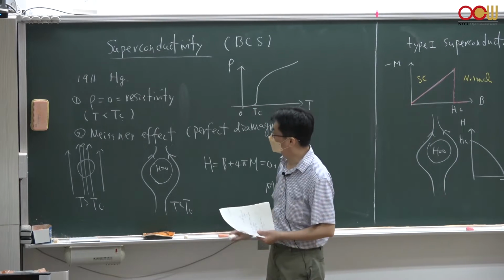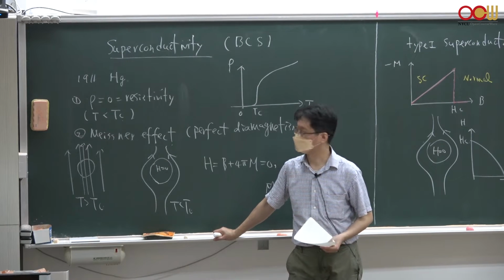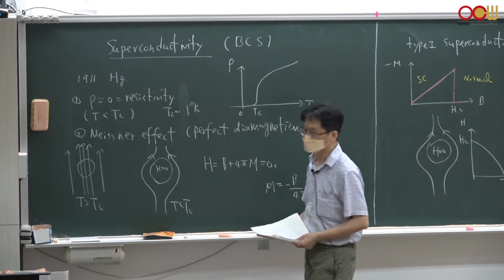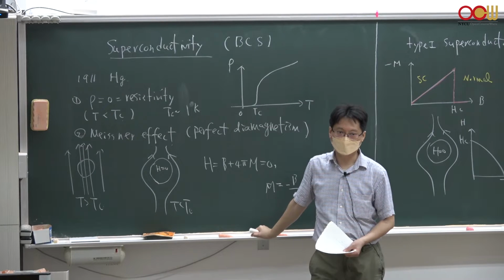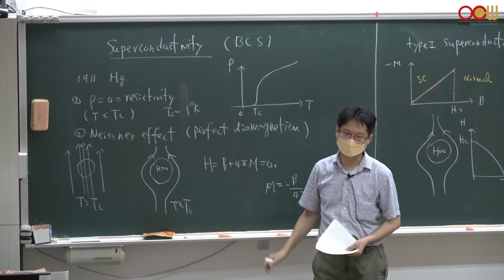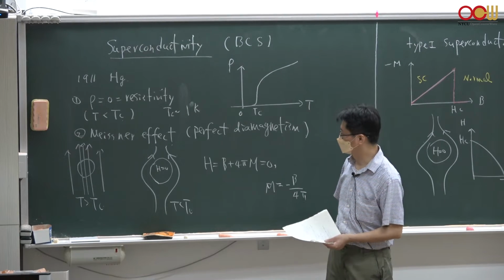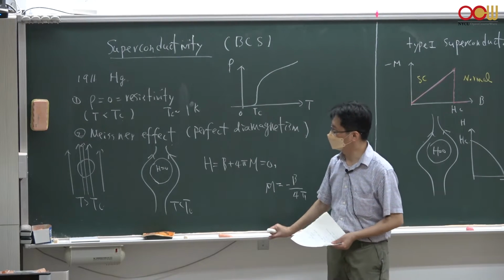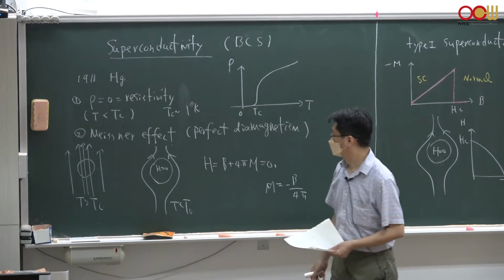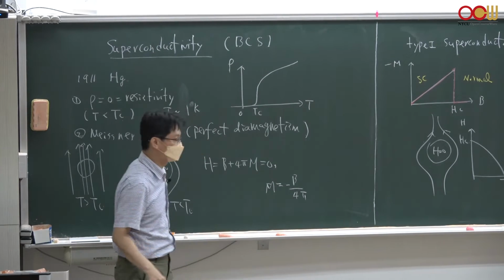But since we don't have any resistivity in the superconducting state, this is a perfect conductor. But the Tc is really low, of order 1 Kelvin. So you need to lower the temperature to a single digit in Kelvin to see the superconducting state. This is not practical, but that is another issue to be worried about. The second important feature of superconductivity is the Meissner effect,